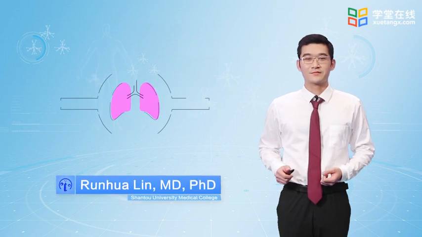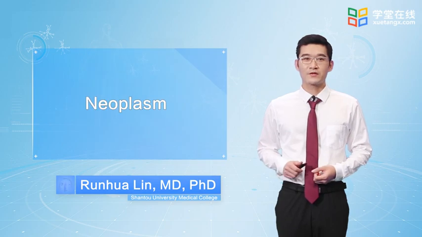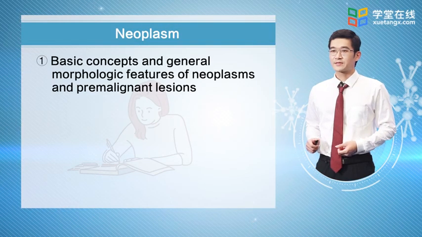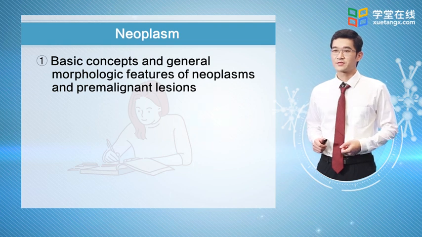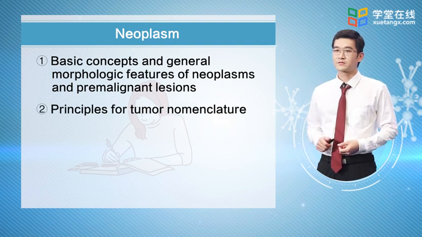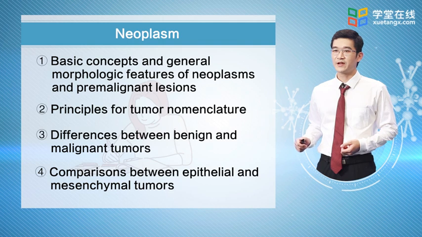Hello everyone, welcome back. In this new chapter, we will talk about neoplasm. This chapter will deal with the basic concepts and general morphologic features of neoplasms and premalignant lesions. We will also discuss the principles for tumor nomenclature, differences between benign and malignant tumors, and comparisons between epithelial and